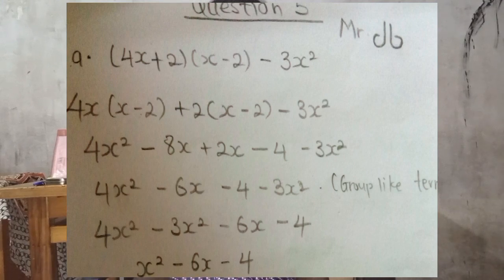So for this now, we group like terms. 4x squared minus 3x squared minus 6x minus 4. Therefore, our final answer is x squared minus 6x minus 4. Okay,